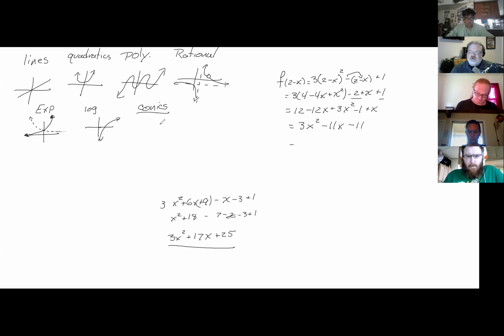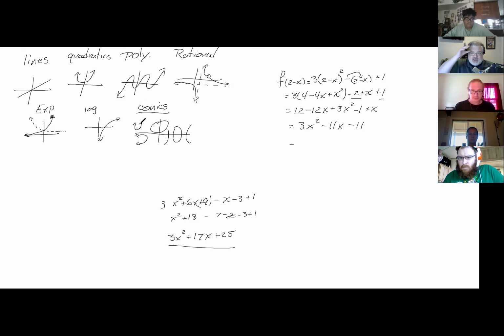Conic sections, some of them can be functions, but they are things like circles, ellipses, and hyperbolas. But they're also parabolas. Parabolas can be functions, but sometimes parabolas go that way, in which case they're not functions because they won't pass the vertical line test. Most of these don't pass the vertical line test, except some of the parabolas. So we'll spend a little bit of time talking about circles, ellipses, hyperbolas, and parabolas in a more general way